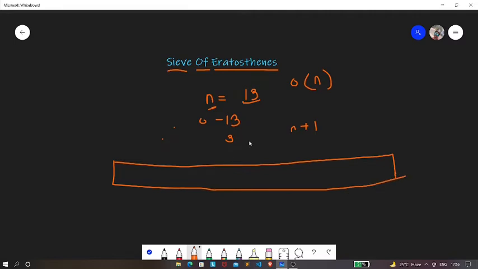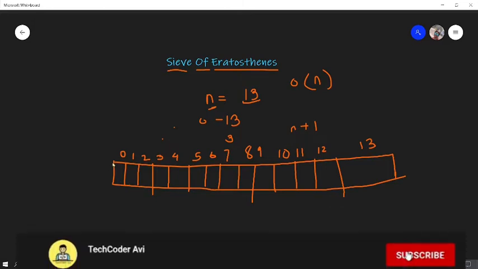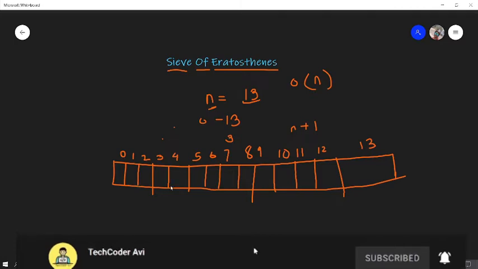In this array we'll be having 14 boxes, that is n plus 1. Let's say this is 0 and this is 13. So over here we have actually 14 blocks, because it is starting with 0.